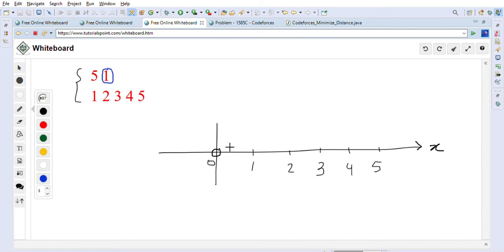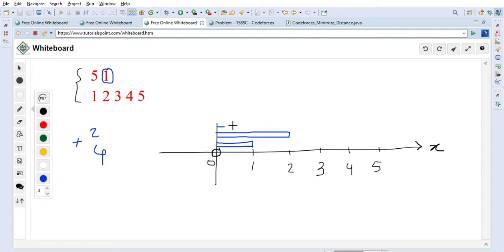Which means that to minimize the distance, we will start visiting from the smallest depot. For example, we will go with one bag, visit depot 1, put that bag there, and again come back to the origin. So total distance traveled is 2, 1 plus 1. Then again we will collect a bag, go to depot 2, deliver the bag, and come back. So 2 plus 2 is 4. So total distance is 4.